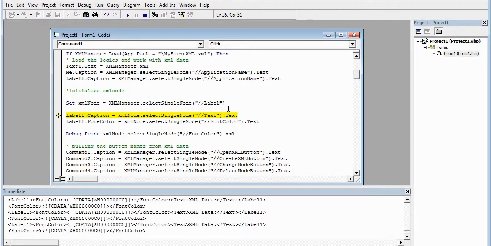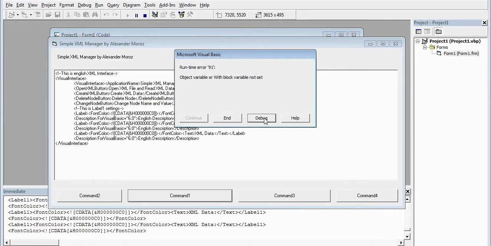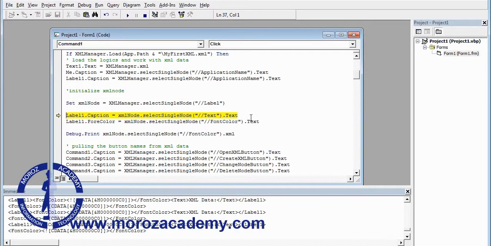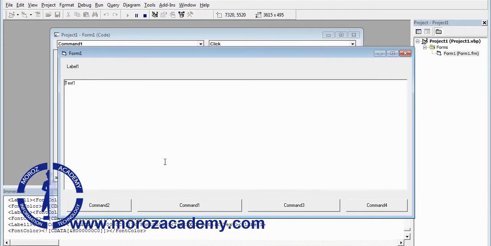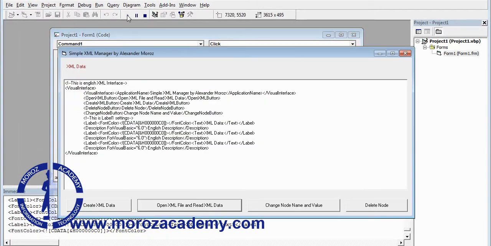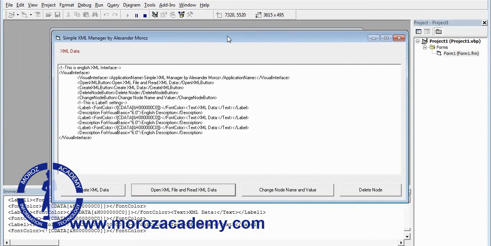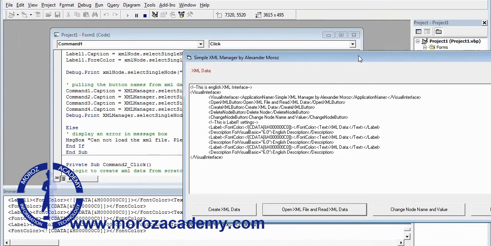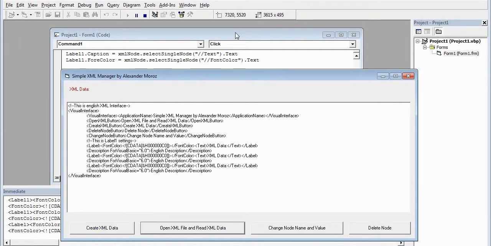So I'm just going to go ahead and say label. Okay, and let's go ahead and run it. And now it's an error again, because it's telling us that text inside of that label. Okay, so let's go ahead and start it over. And over here, when we debug printing, I would like to have just a label as well. Okay, so we'll load it, but as you can see that we have